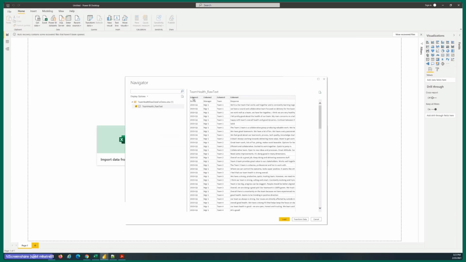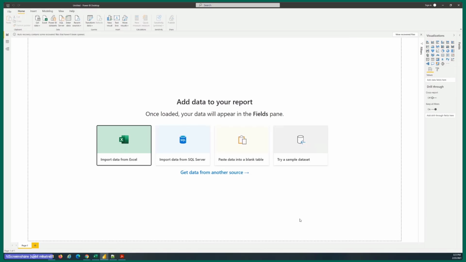It looks pretty much like the Excel sheet that I was showing you earlier. We are going to do a little bit of transformation because I don't want these heading columns to show up as data. Clicking the transform button is going to open up the query editor. And of course, it opened up the query editor on my second monitor, so let me bring that over.